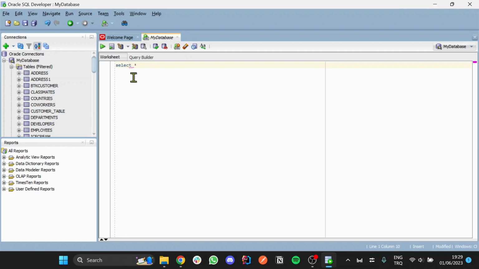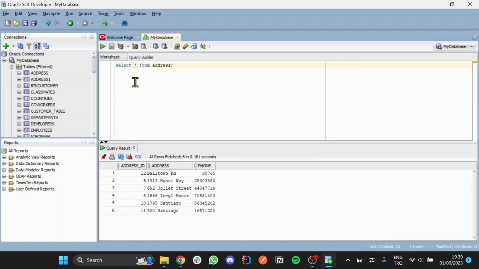Select asterisk from address. It shows the results. It means your connection is